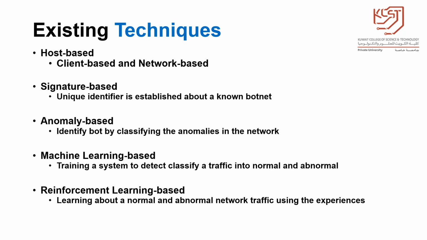And similarly, the most recent technique we have is based on machine learning, or we can say deep learning, where we can classify the traffic into normal and abnormal based on some sort of feature mapping. Techniques like feature extraction and mapping can be applied, and we can see which one is actually normal or abnormal. And some research we found on Google Scholar regarding the use of reinforcement learning detection-based techniques.